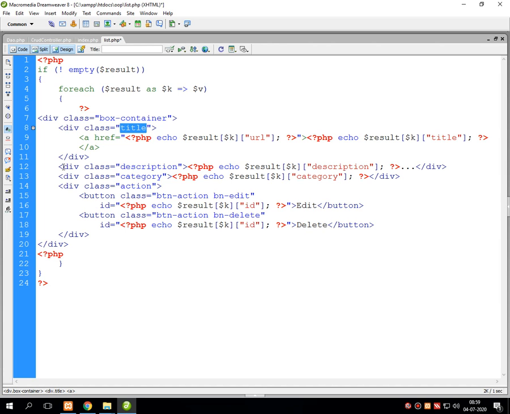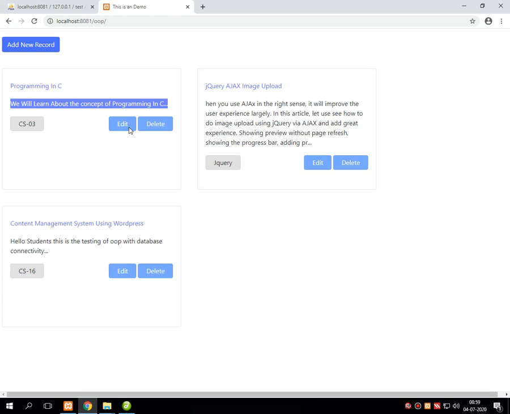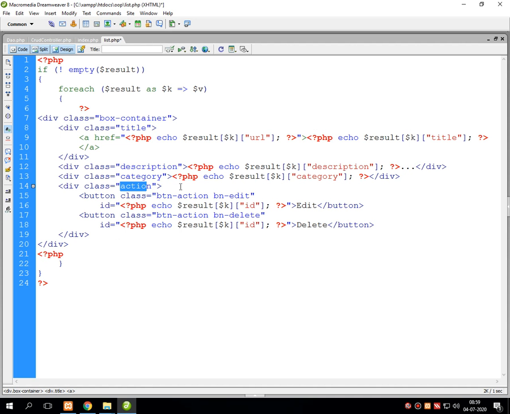The same thing I have demonstrated for displaying the description, the category and the action, where the action has two things: one is for edit, another is for delete. So it will display two buttons on the screen, a button of edit and a button of delete.